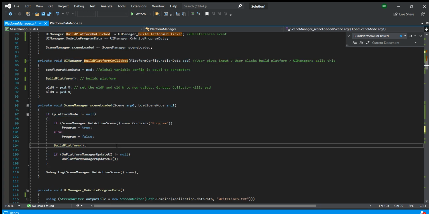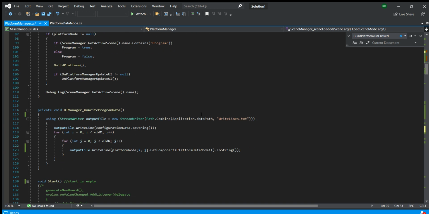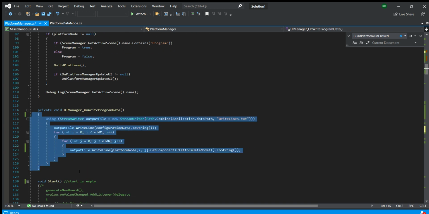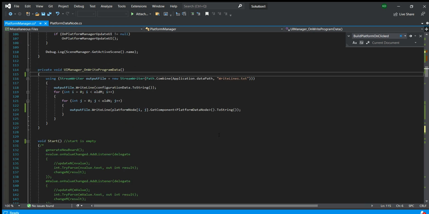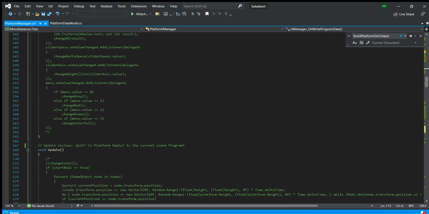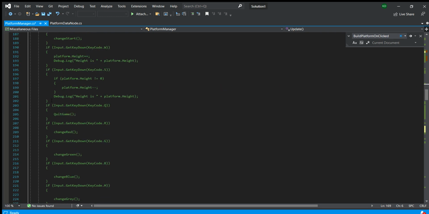So this one is just a scene loader. We're going to have a scene and then load scene mode, and so on. And then this one is going to write to the file in our Unity project, in a file called write lines.txt. There's nothing in our start, okay,